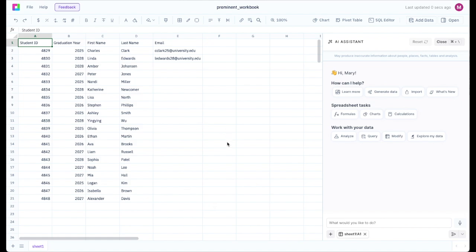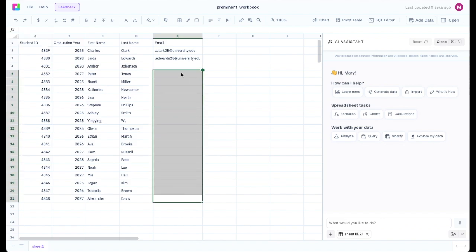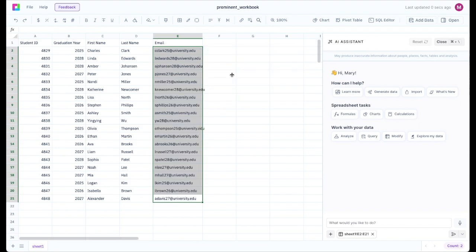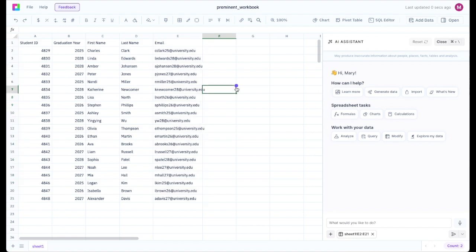To use this feature, all you need to do is select the cells you want to populate, along with 1 or 2 cells that are already populated in the format you want. And then you're going to click this green and purple dot in the top right corner of your selected cells and click Magic Autofill. And Sourcetable AI automatically populates your cells in the correct format, saving you a ton of